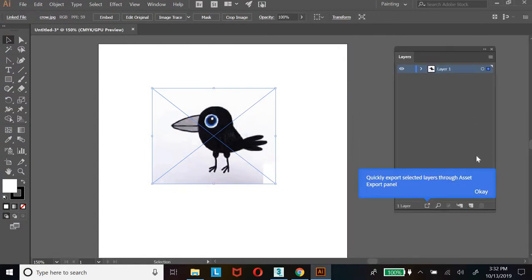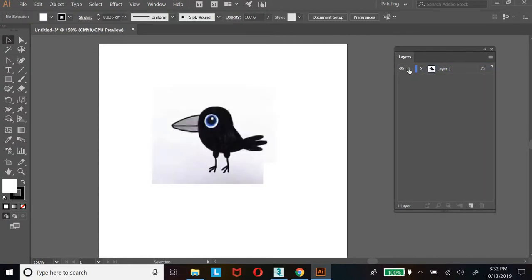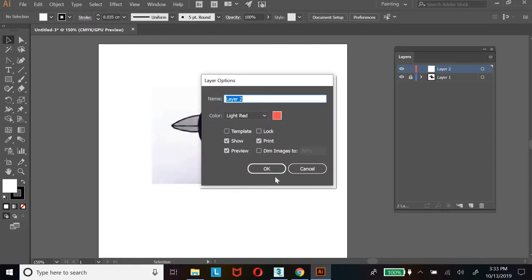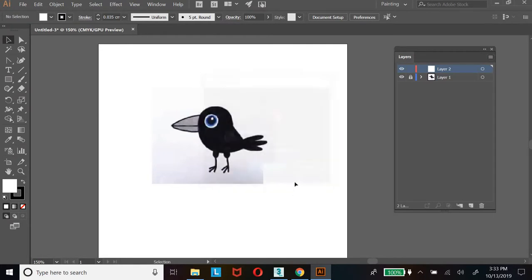Now you can unhide a layer, or you can lock the layer. So now the layer is locked and you cannot do anything with it. Here we can create a new layer, and you can name it if you want,